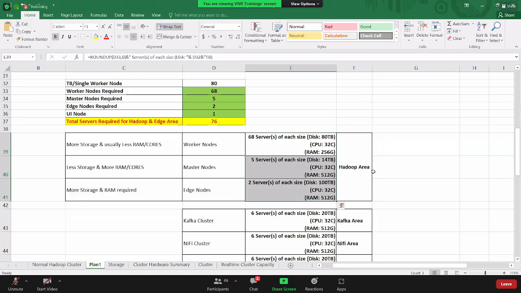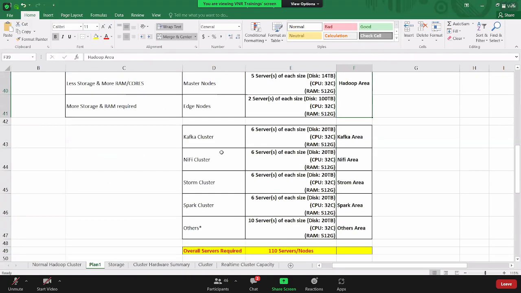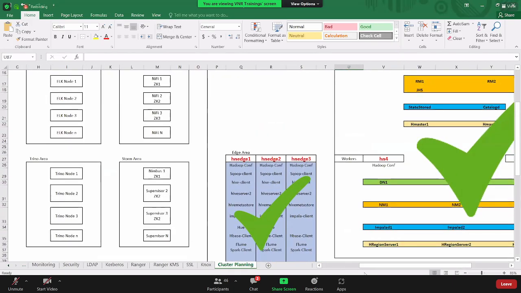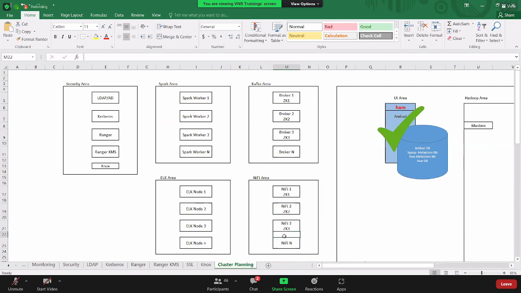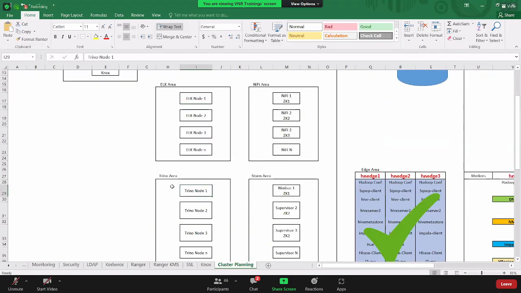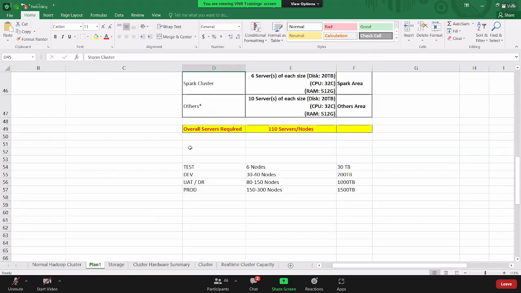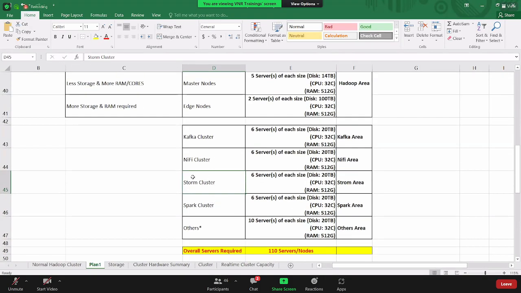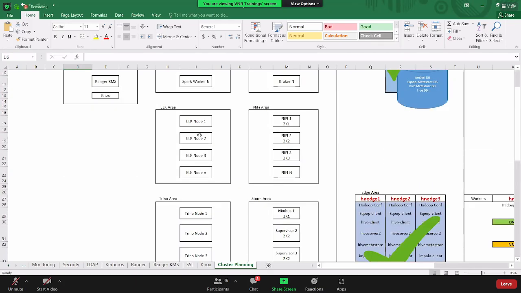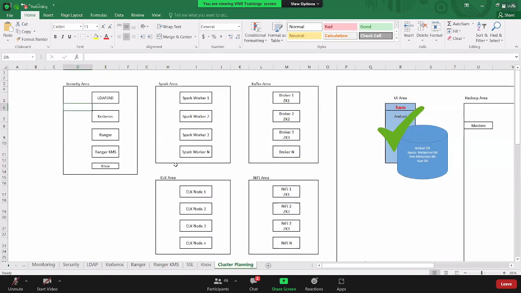So these are the node capacities we are selecting for the Hadoop area. Apart from that, we have a Kafka area, NiFi area, Storm area, Spark area, ELK area, Trino area, and security area. Minimum, they'll have a Spark cluster. Storm, I'm not sure. Kafka, NiFi, Spark are mandatory in anything. Nowadays security